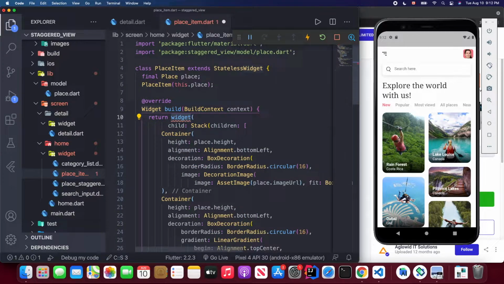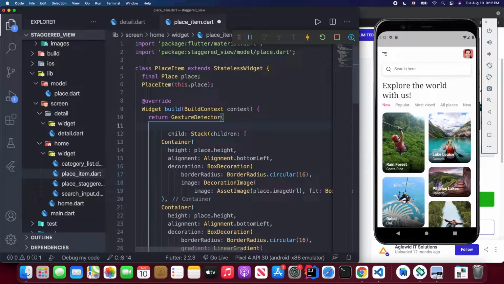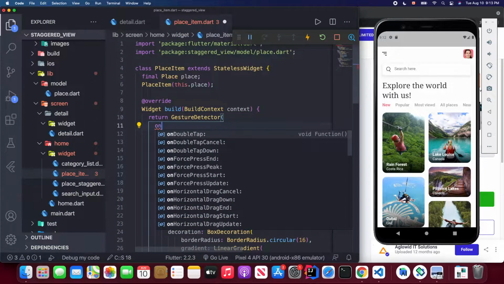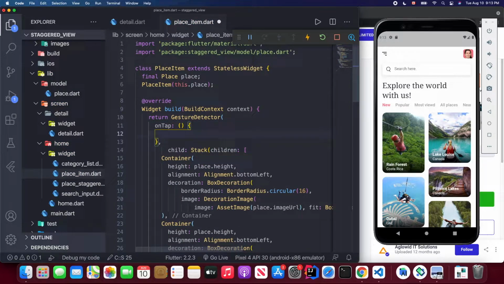I'm going to name it gesture detector, and we need to implement this on tab. Remember, we have already talked about navigation in Flutter. So if you haven't learned navigation, feel free to reach out to my channel page and look at my Flutter tutorial on Flutter navigation. So here I'm going to use navigator